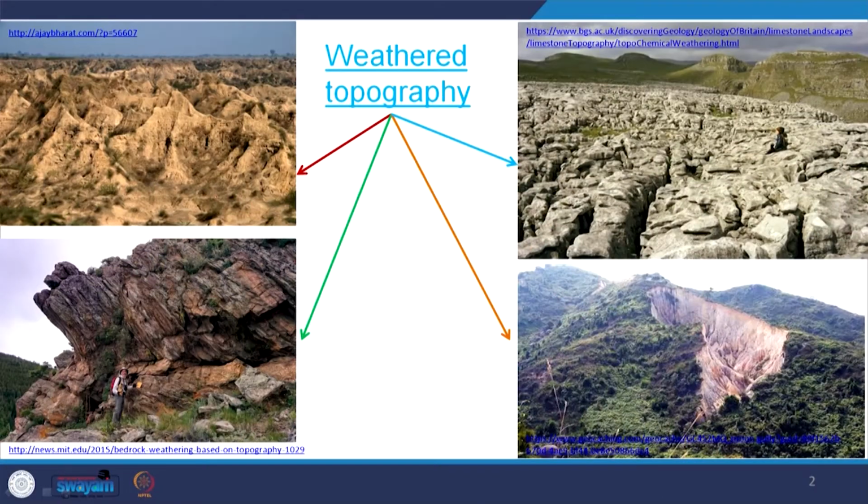On the left hand side, this is the weathering topography. Mostly it is found on the Yamuna river bank. It is called the Chambal valley, and this is representing badland topography. It is simply a weathered zone, a chemically weathered zone or physically weathered zone. What is a chemically weathered zone and a physically weathered zone we will discuss later, but overall if you see this photograph, it is a topography which is undulating, it is not plain.